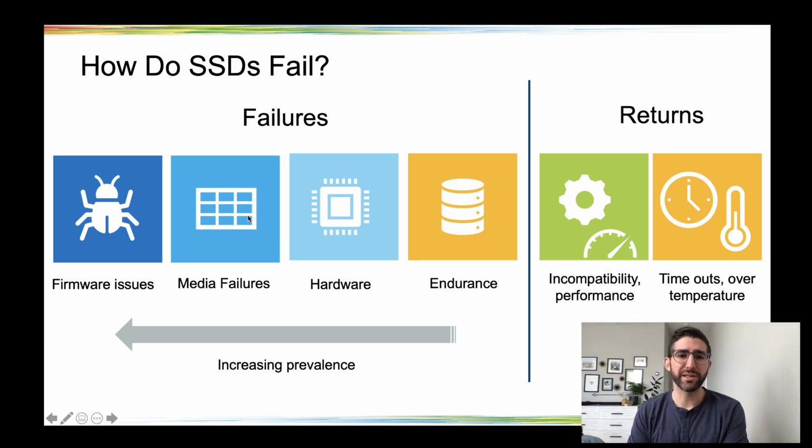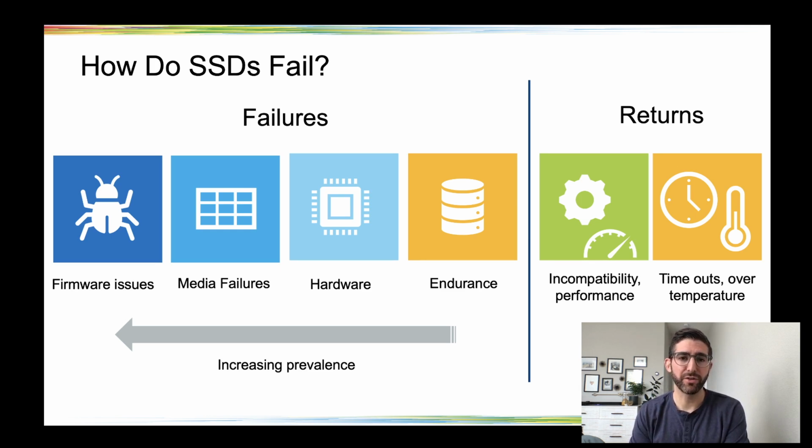As you look at increasing prevalence, most enterprise drives are designed to actually withstand media failures. Most of the enterprise drives today have something like an onboard XOR or a RAID engine, or some vendors call it fail in place. Basically, enterprise SSDs are able to withstand not only specific block or page failures, but also entire die failures. Typically, this is not a very common failure mode, although sometimes there's a bad lot of NAND or bad firmware that causes more media failures than is normal. It's not to say that it can't happen, but it is more rare than